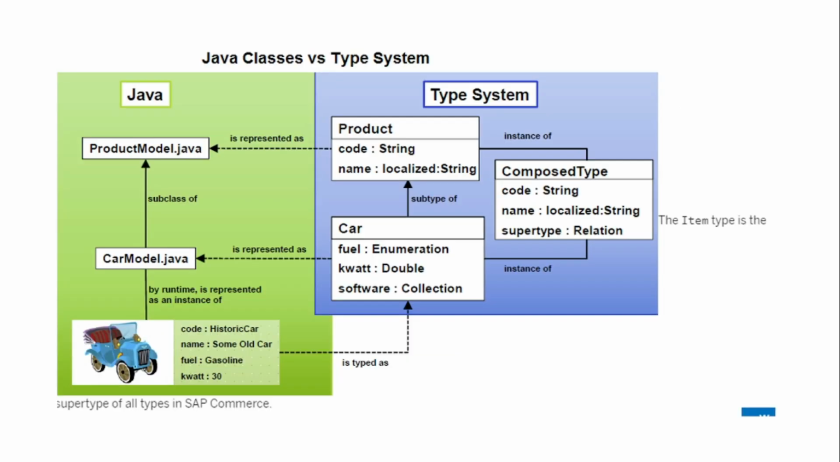Here is an overview of our comparison of Java classes and the type system in Hybris, how we can compare. So here we can see in Java we are using the product model and cart model. So product model is a subclass of cart model, or we can compare with Hybris like a type system. In Hybris, every product, like we have defined one product, and product will contain the code and name. So it will be an instance of ComposedType,